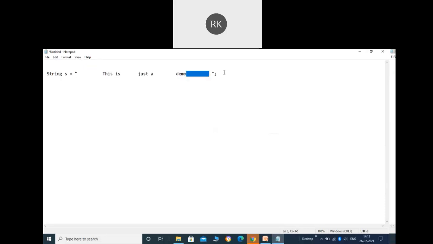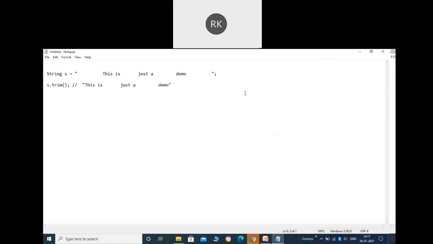For example, if I say s.trim, what will be the output of this? The output of this will be this one. This will be the output.